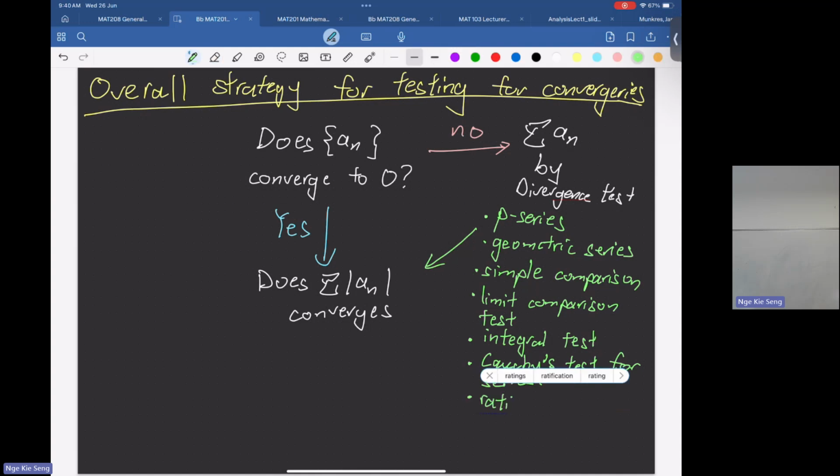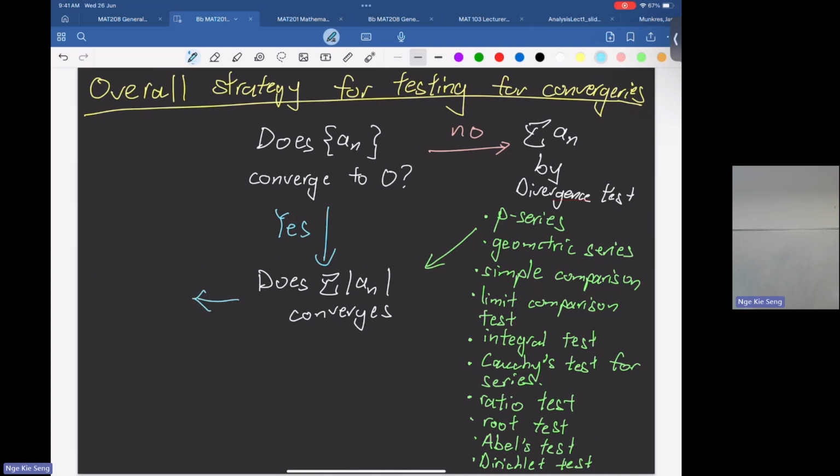So also the ratio test, right? And then the root test, and then the Abel test, and then the Dirichlet test. Okay, so there are a lot of tests you can use here that we have proven before. So you check that, oh, it converges. So this a_n should be absolutely convergent, right? You check its absolute value, the sum of absolute values converges. Then a_n should be converging